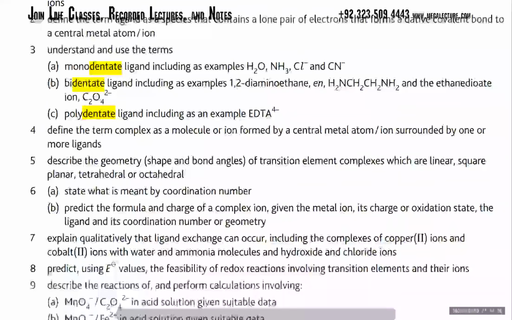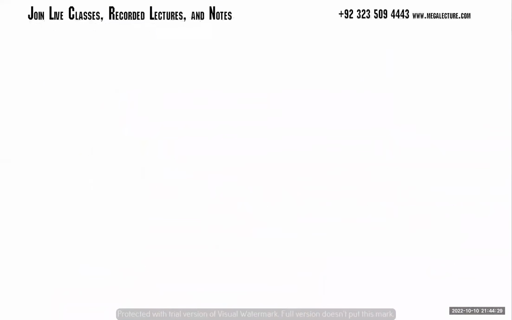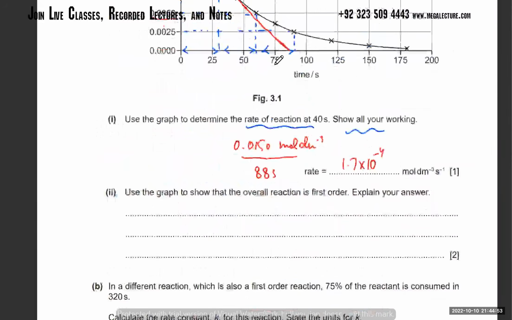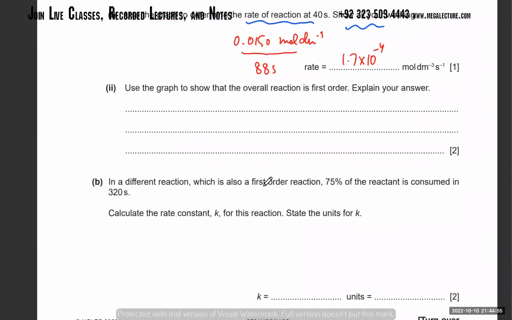So the time doubles, and that's what you're going to measure. You're going to measure the half-life. Like what is the time? You started off at 0.2, 0.1. That's your first half-life. From 0.1, you're going to go to the second. That's the second half-life. Then you're going to go to 0.025. That's the third half-life. Every time it's the same time that's required. So that's first order. Anyways, in a different reaction, which is also first order, 75% of the reactant is consumed